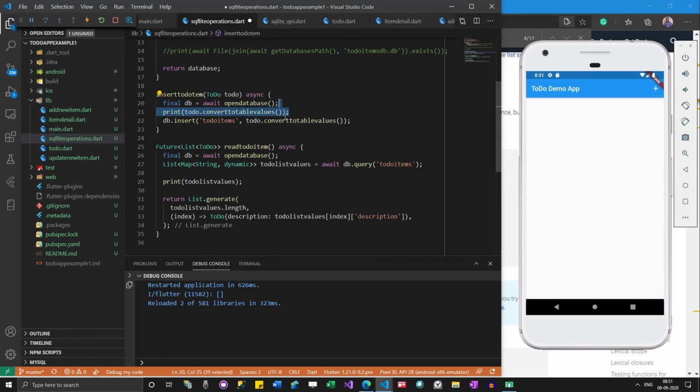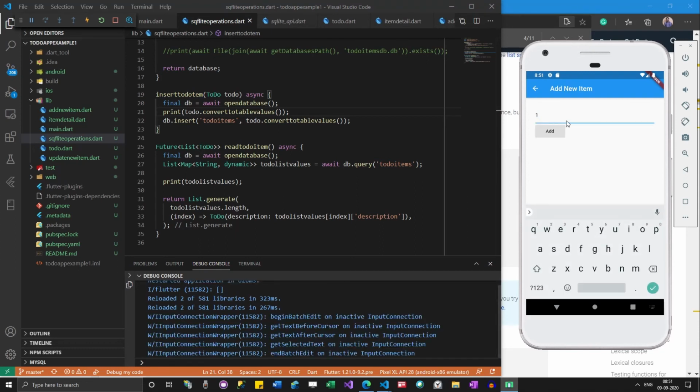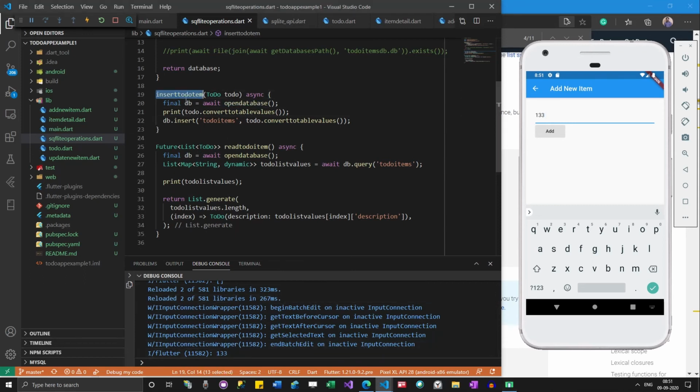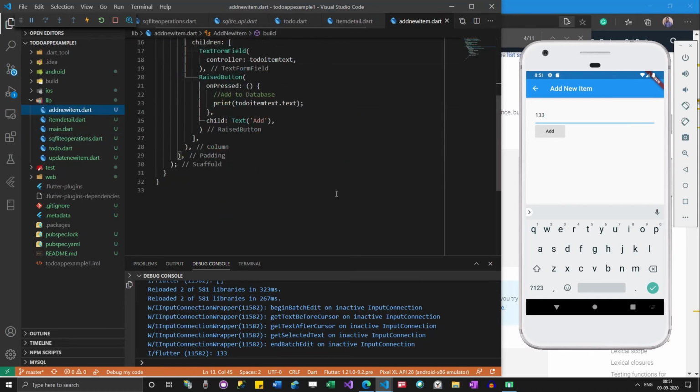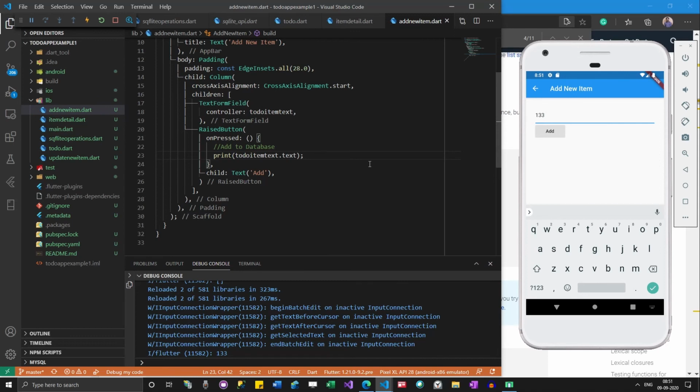Let's see what's inside this now. This gives me a feeling that maybe this code is not called, the add a new item. So we are not calling that part of the code. That is the issue.